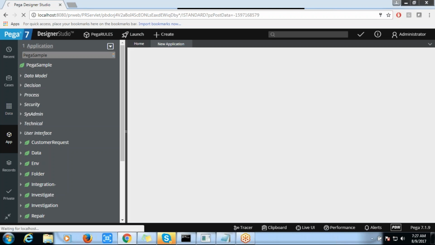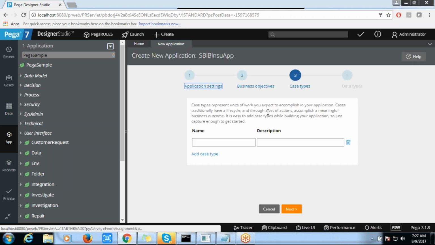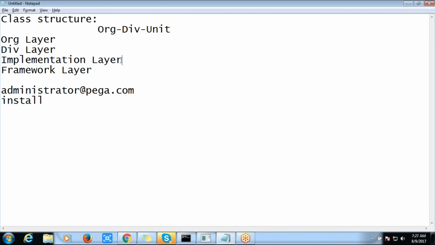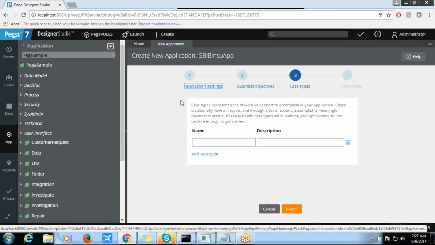And once you have provided the business objectives, you can go ahead to the next level, which is called the case types. So yesterday we discussed, right, once you have created the application, you are going to create the modules. How many modules are available in your application? If you don't have any modules, you can directly delete it. It is not mandatory.